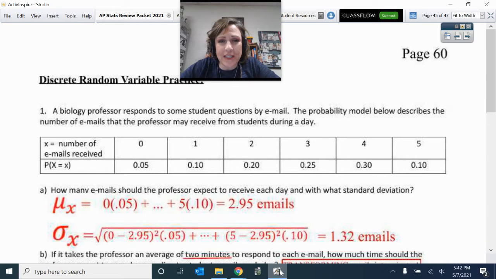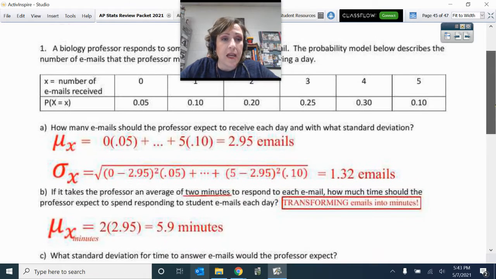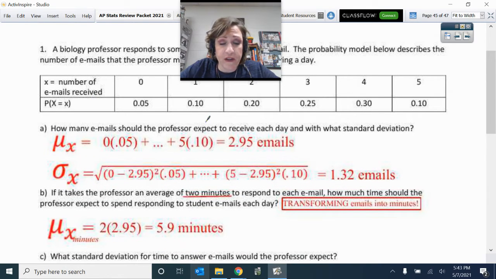All right, let's go over our discrete random variables. So here we had a situation that was discrete because it was whole number amounts of emails: 0 emails, 1 email, 2 emails, and so on. And then they had different probabilities of how frequently those amounts of emails will happen. All right, now here is how many emails should the professor expect to receive each day and with what standard